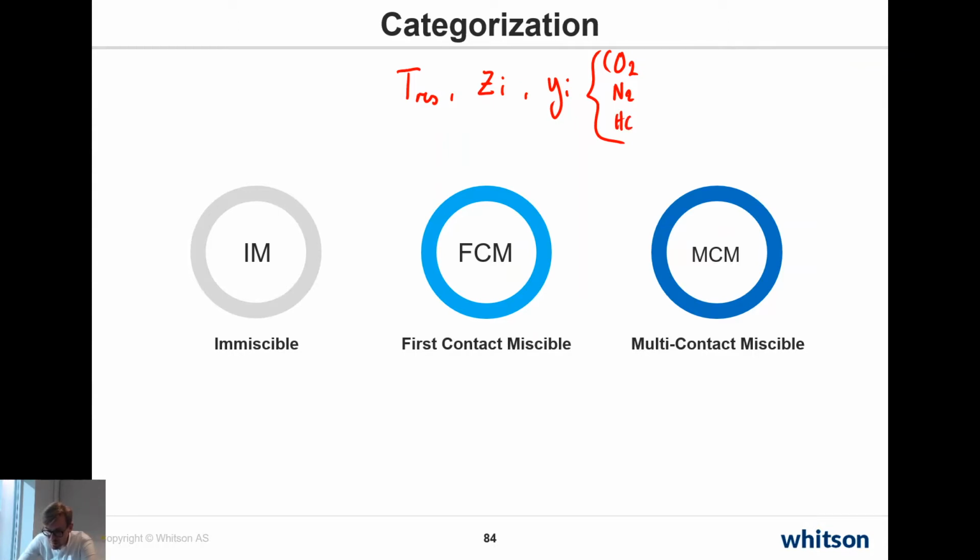The system could either be immiscible, it can be first contact miscible, or it can be multi-contact miscible. Immiscible simply just means that there's no pressure at which you're actually guaranteed to be single phase. That does not mean that you can't use that injection gas and a reservoir fluid and get a single phase